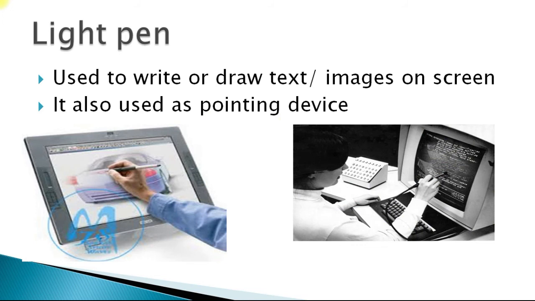One more input device is called a light pen, right? Whenever we want to draw or write onto the screen, like it shows in the pictures, or whenever we want to read the data, we can use a light pen. We can draw pictures and write text onto the screen live, like a board. How we write on the board, in the same way we can write using a light pen. There is some software associated with it, or else if we want to read data, we can also use the light pen to read already existing data.